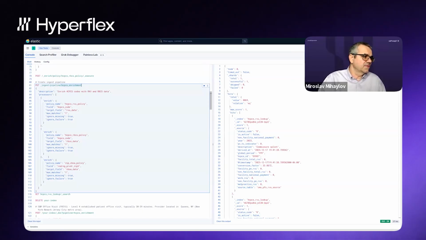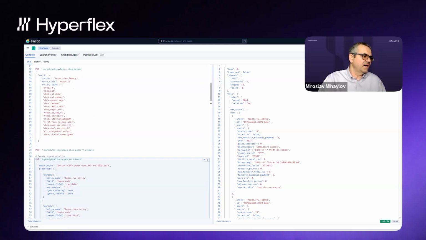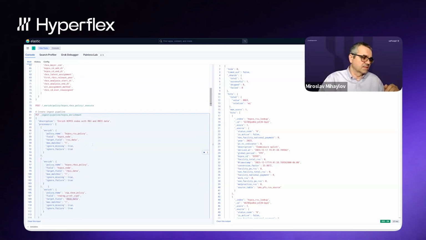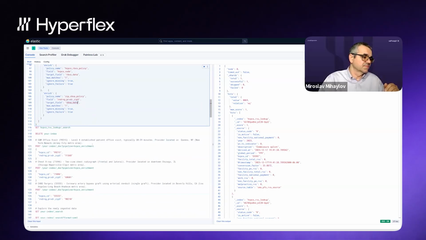For each one of them, two of them are based on the HCPCS code, and they put the enriched data in a target nested field: RVU data, RBCS data and CBSA data, which are defined by our policies, which fields to use. That's why I was saying this was kind of an extreme example with the enrichment benchmark.